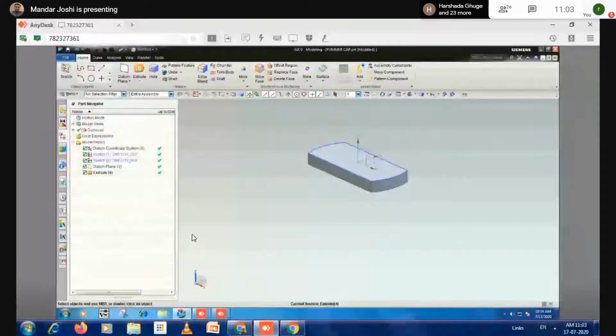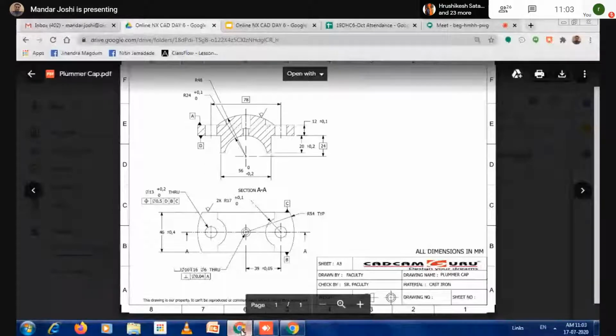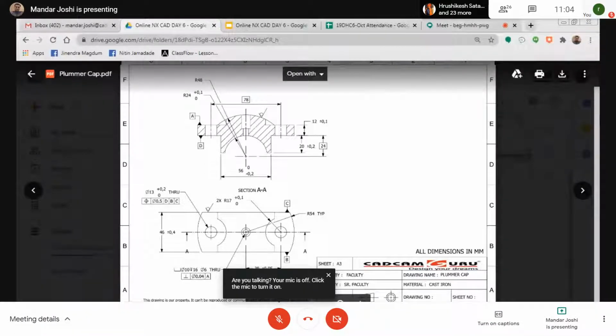Next step, the first feature is ready. Next feature, what you observed here. Can you tell what is the next feature?